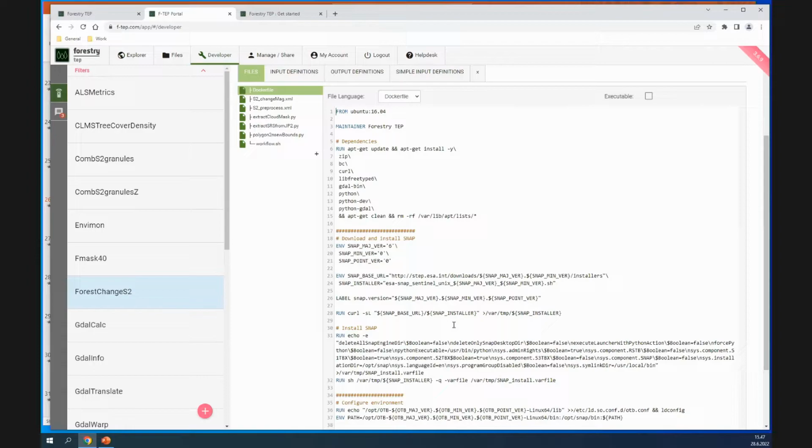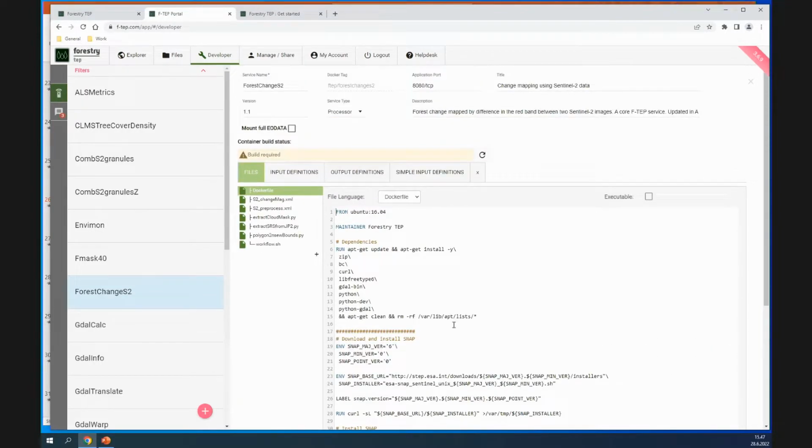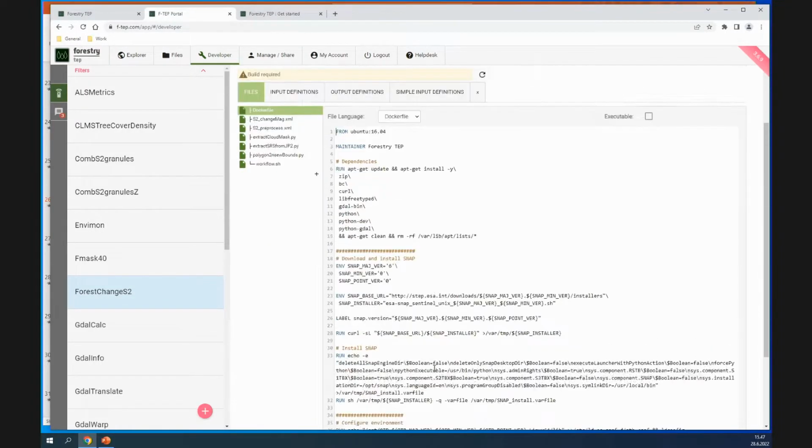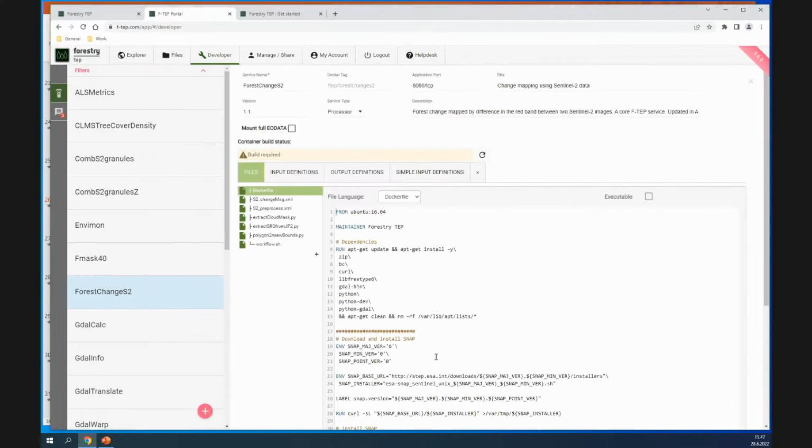So if you want to develop, or when you want to start to develop your own service, you can see how the other services have been created and copy those concepts. So it is a good source of material.